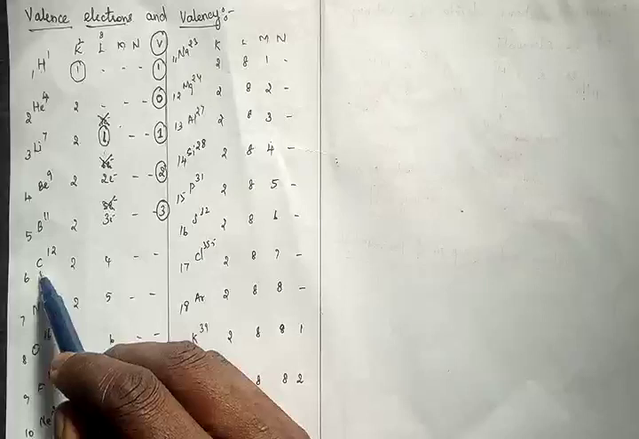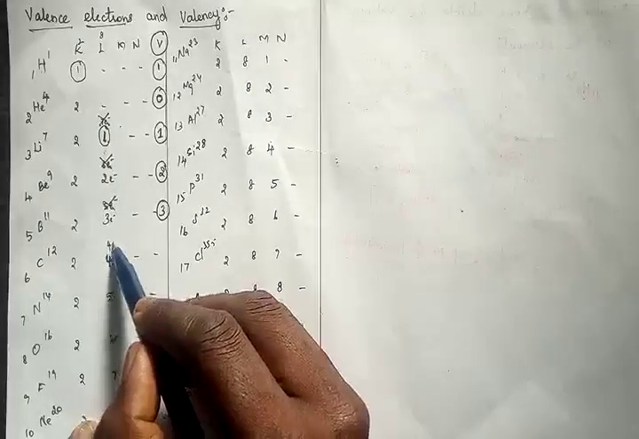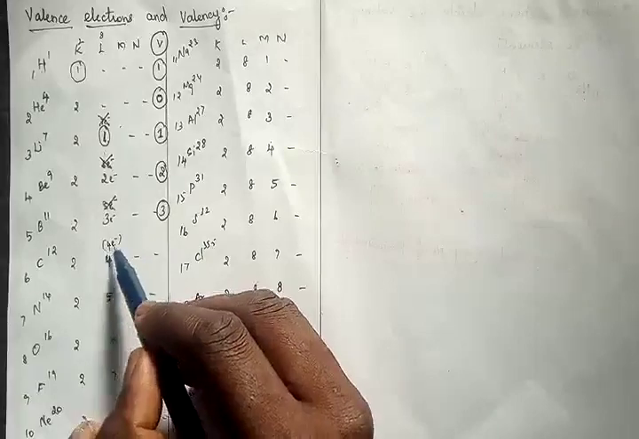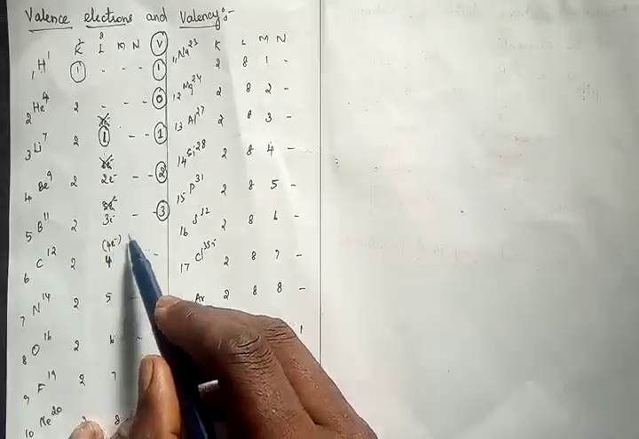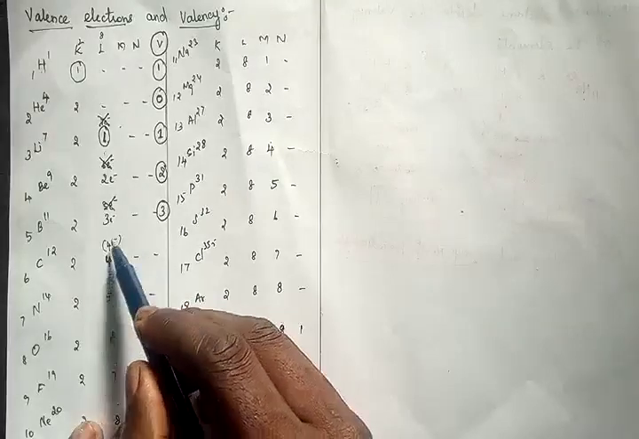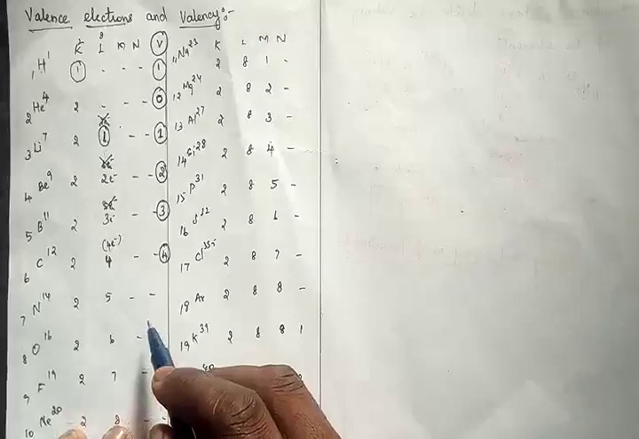Now come to carbon. Carbon has 4 electrons in the outer shell, and it needs to gain 4 electrons. So it can happen both ways, right? It can lose electrons or gain electrons. So in both cases the number is 4. So the valency is 4. Now come to the next one,